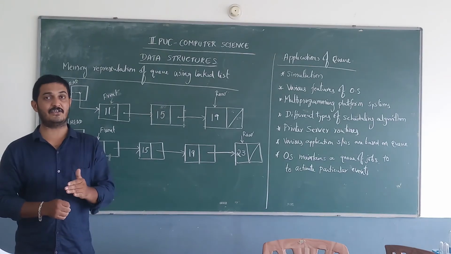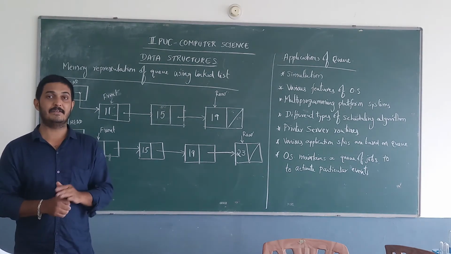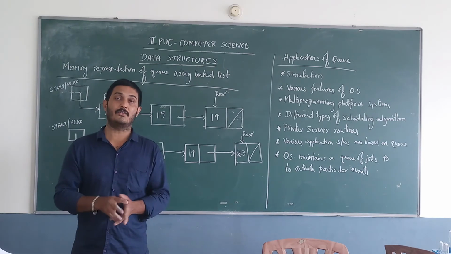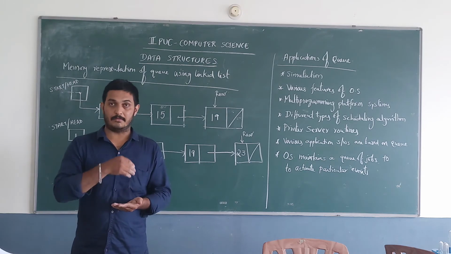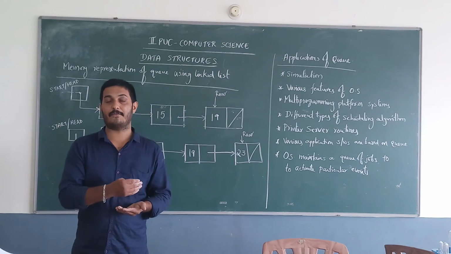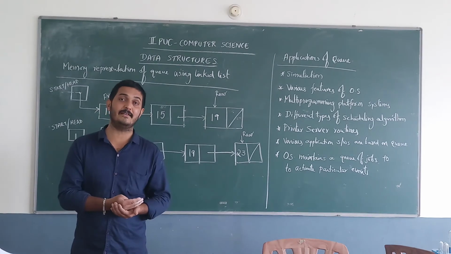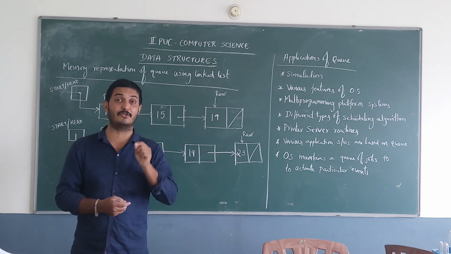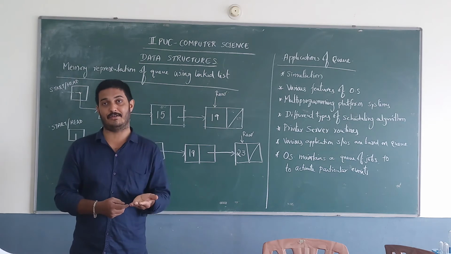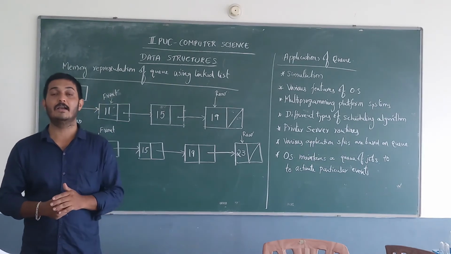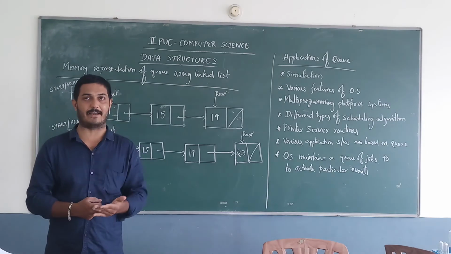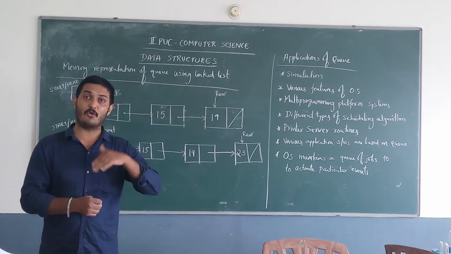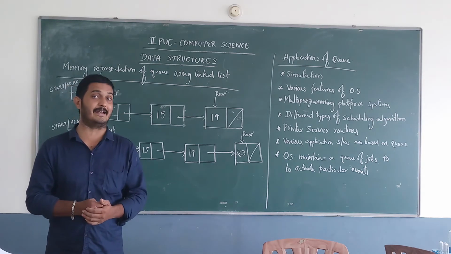Static representation is by arrays, that means a fixed total number of elements. Last year in the syllabus you studied arrays. For example, write a program to generate the first n natural numbers. In that case we use arrays. First n natural numbers means the n number of elements should be specified by the user before execution. If n is equal to 5, we can allocate only 5 elements, not more than 5. So if you want more elements during execution, it's not possible with arrays.